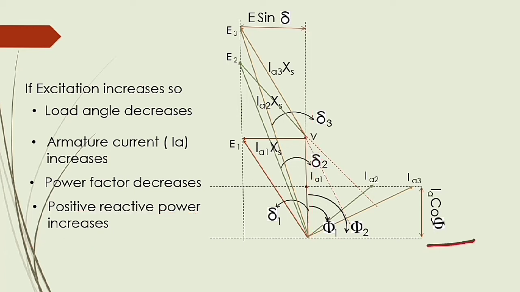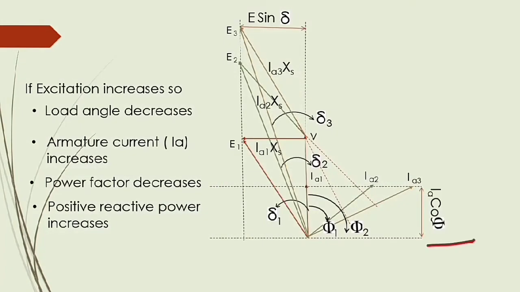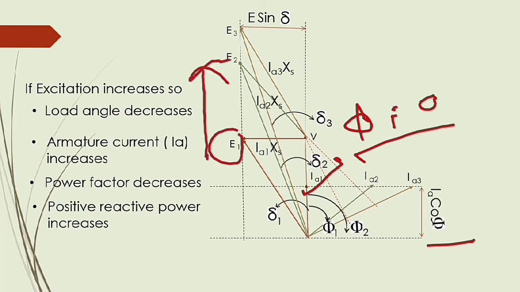So, effect of power factor on the generator. Okay, one more thing we have to clear here. Actually you also see, first the value of phi is 0, that one is the lowest. When we increase the excitation, the value of phi will increase, that means cos phi will increase, or the power factor will increase.